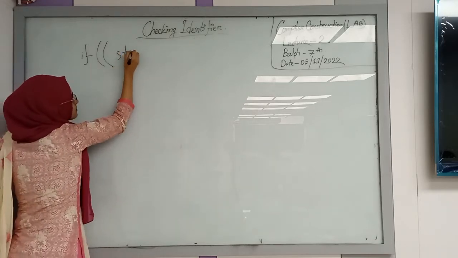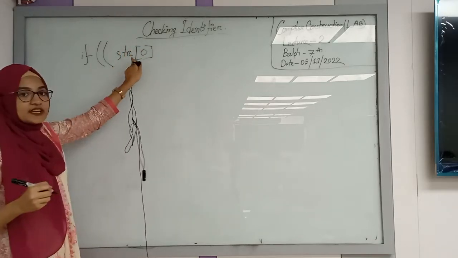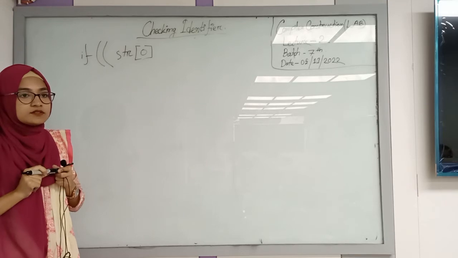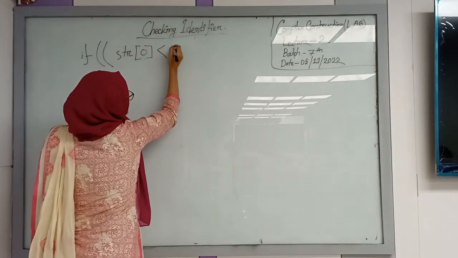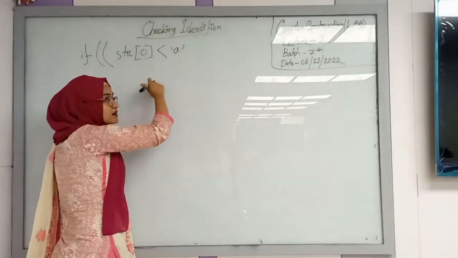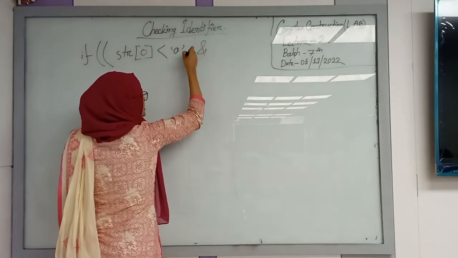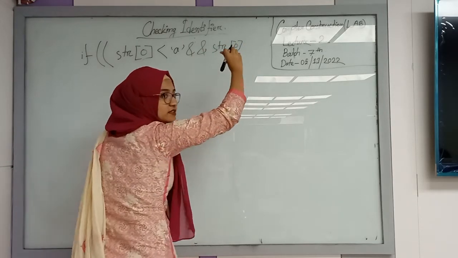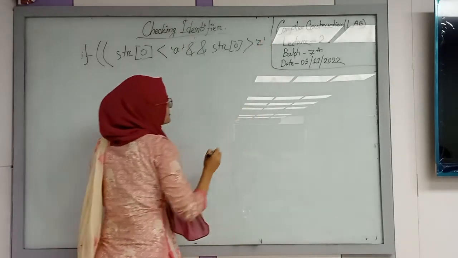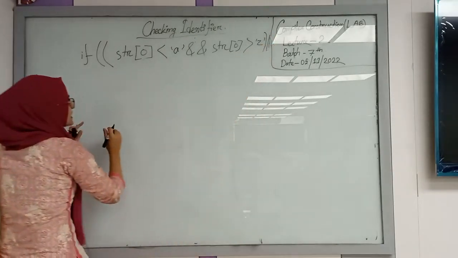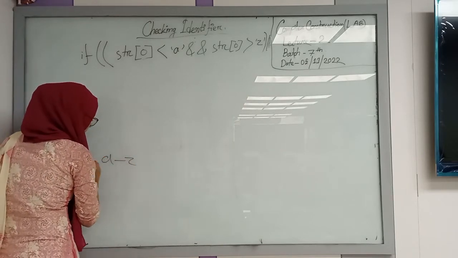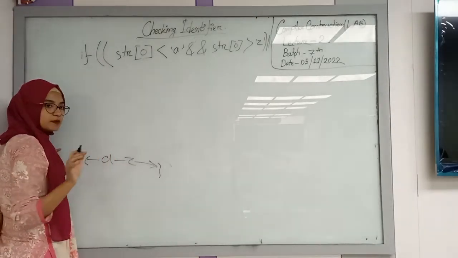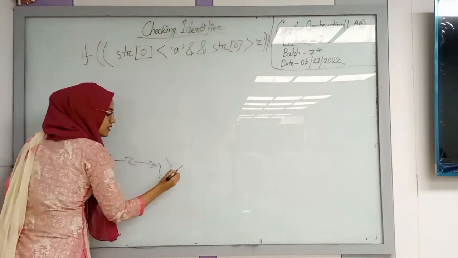আমার প্রথম ক্যারেক্টারটা চেক করার জন্য আমি কি লিখব? স্ট্রিং 0। তাহলে আমার স্ট্রিং 0টা কি হবে বলেন? স্ট্রিং 0টা আমি যদি চেক করতে যাই তাহলে শুড বি লেস দেন ক্যাপিটাল এ থেকে, মানে এন্ডের জন্য আমরা এন্ড ইউজ করব। str 0টা আমার গ্রেটার দেন z। ওকে, তাহলে আমার এই যে ছোট হাতের এ থেকে এর থেকে যেগুলো ছোট সেগুলো এবং জেডের থেকে যেগুলো বড় সেগুলো সব আমার, এগুলো তো আমার ভ্যারিয়েবল নেম না, ইউজ করতে পারবো না, এগুলো বাদ হয়ে গেল।